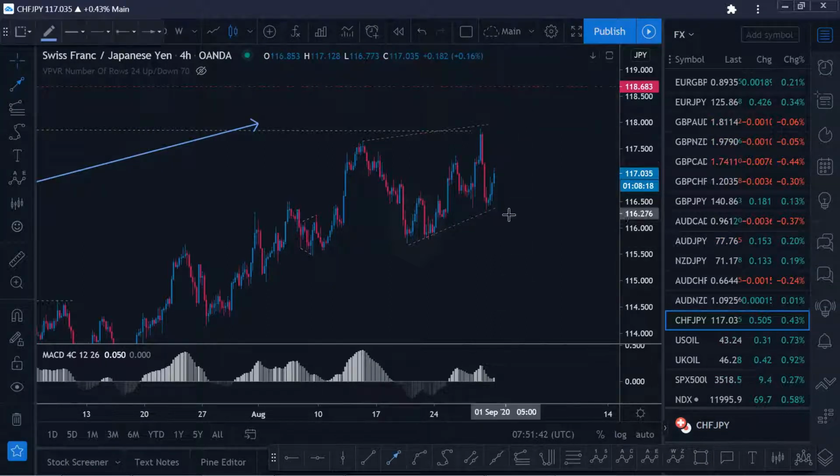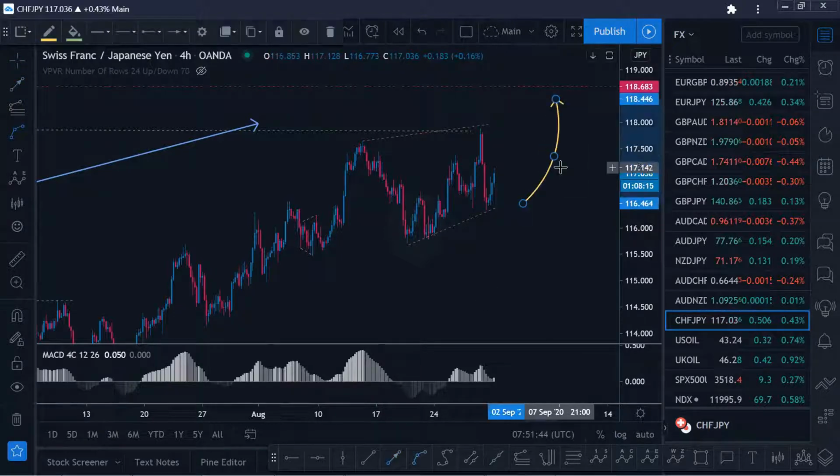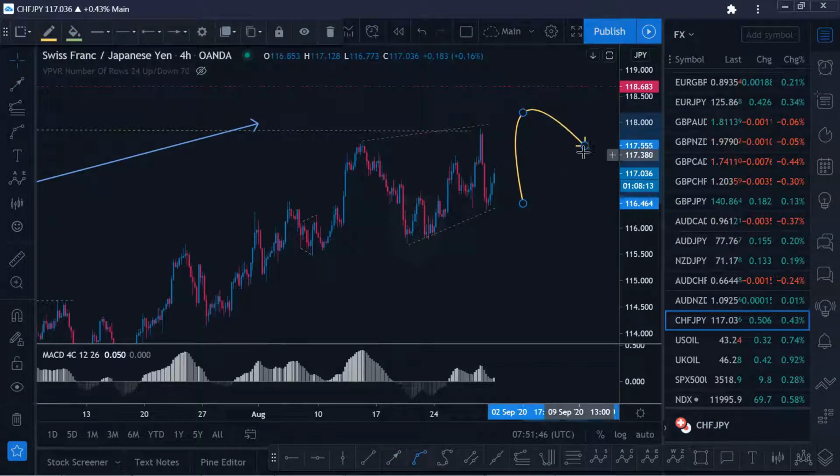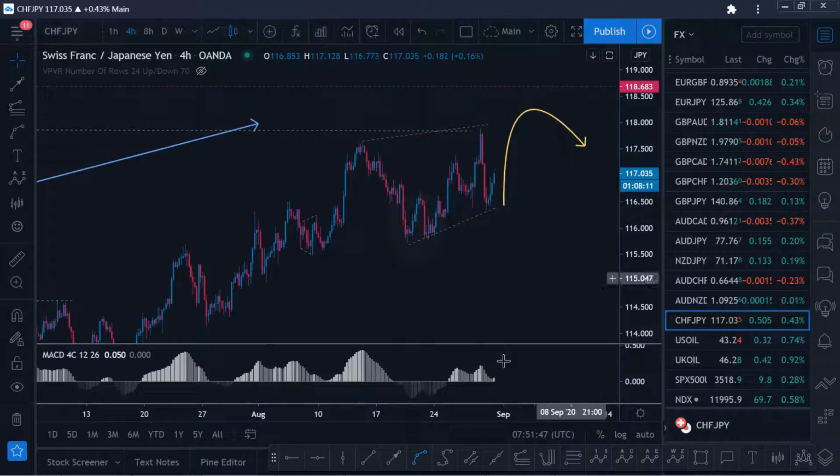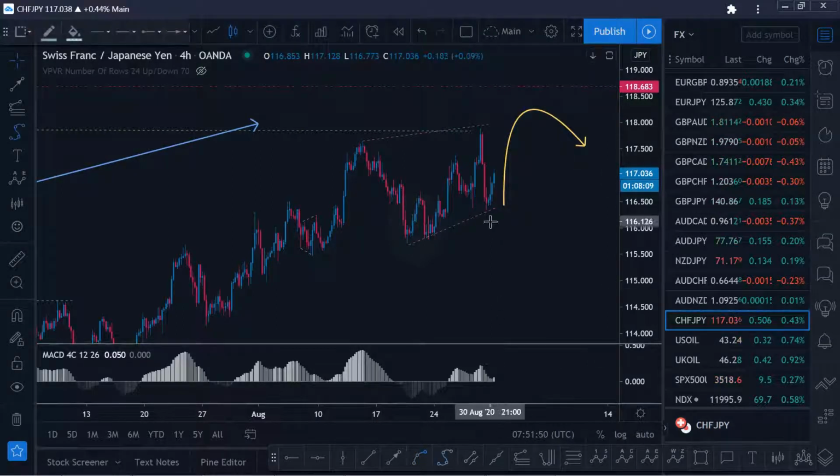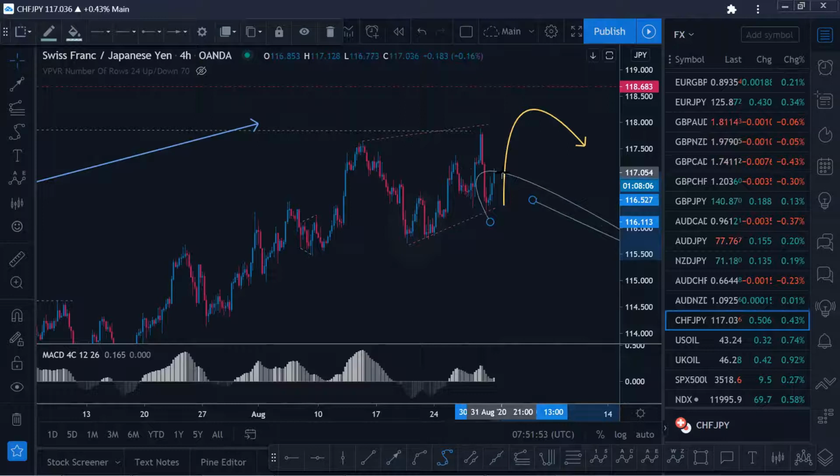So that's what I'm looking at for now. Wait for this to break the highs and then look for a sell setup. That being said, if this starts to develop a sell setup here,